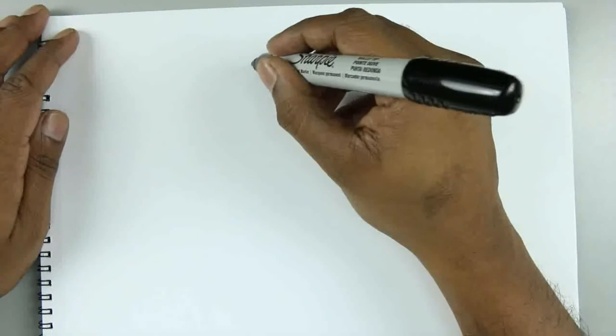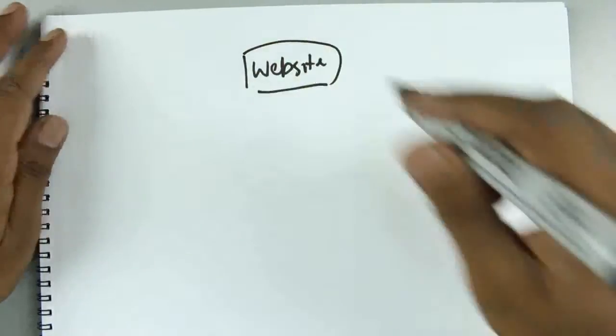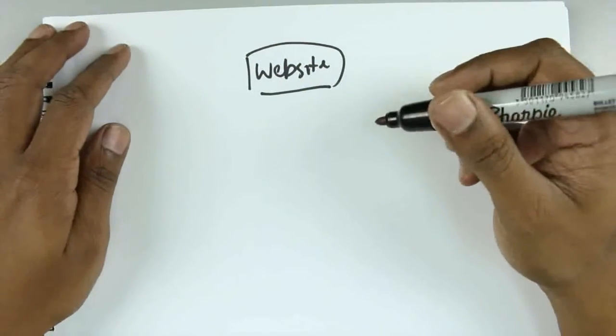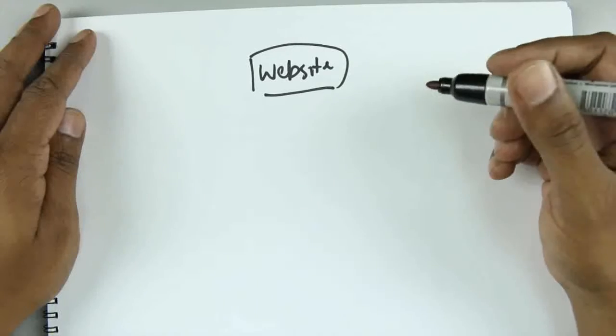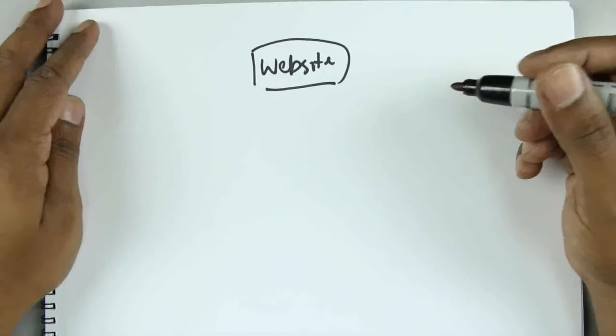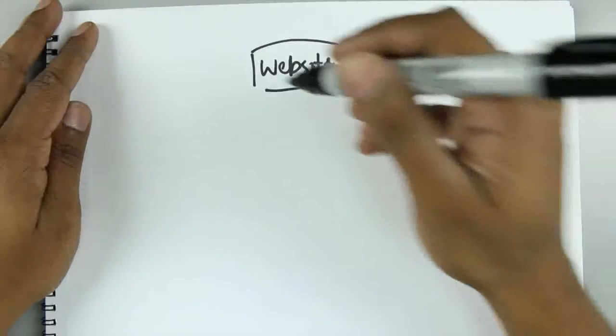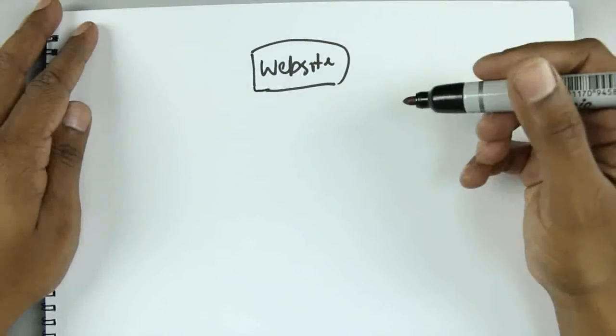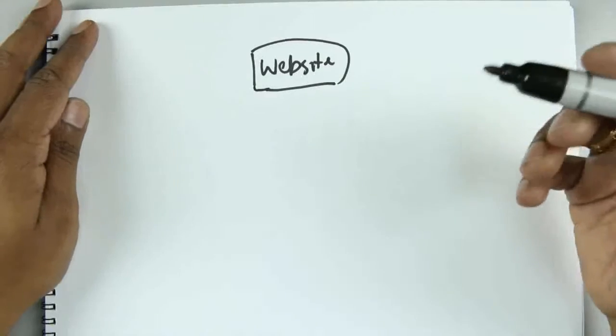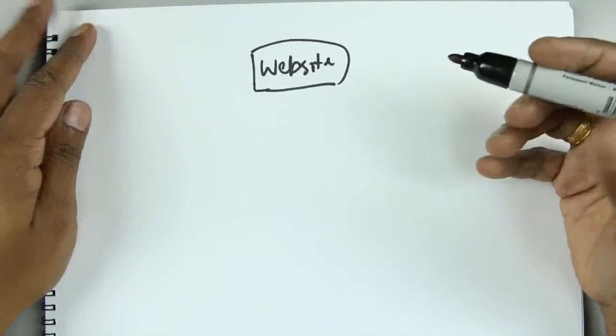A website is just a catch-all phrase, a generic term that you can use to describe something that is online, a page that you can actually see on your desktop. So we have a website here. It basically means something that's online, something that you can view in your browser. Like I say, it's a catch-all phrase. So a website can be anything. What your website is, the function of it, can be very different.